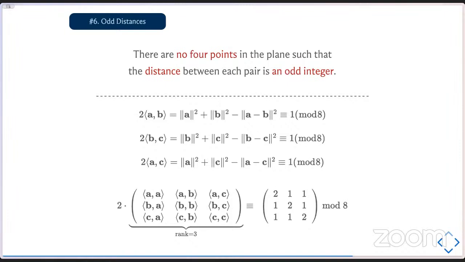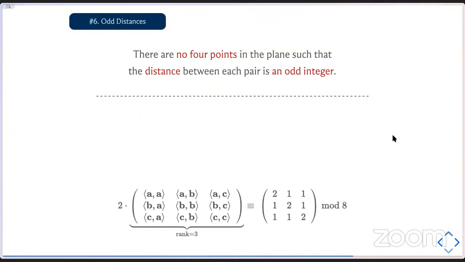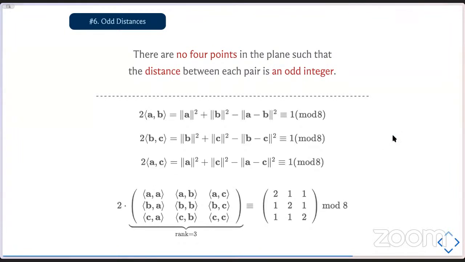Oh, 2 raised to rank, where rank is 3. Okay, I'm not completely sure I follow that line of argument. I was wondering if maybe there is a more direct way. Okay, maybe we can take the echelon form. I didn't put the calculation on the slides, but it turns out